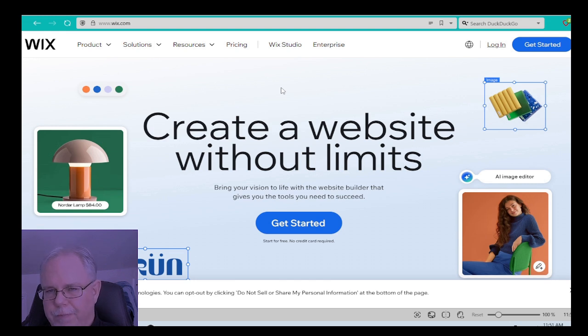It'll get you going. Then if you have money to spend, you can have a web host like DreamHost or Bluehost or Hostinger or any of the various ones host your website, and you can build it the same way. Now, some of them use WordPress. I'm not a fan of WordPress. However, they have a lot of templates. WordPress is one of the older ones. It's just that some things you just can't do. It's not as user friendly,